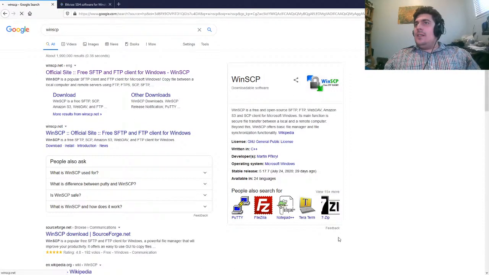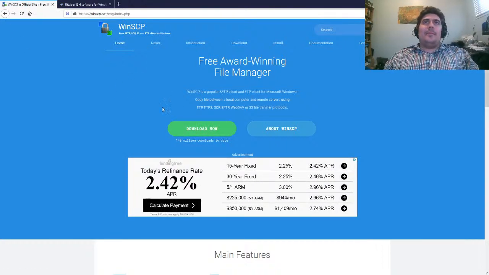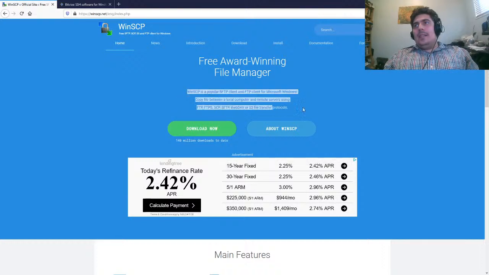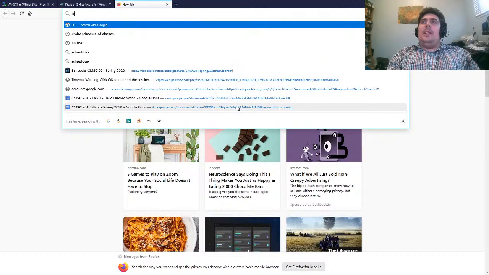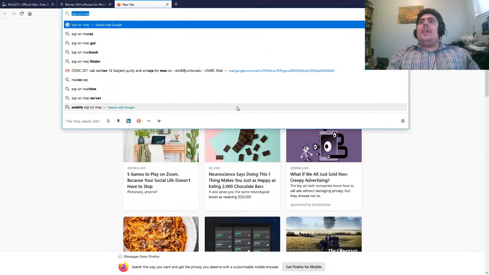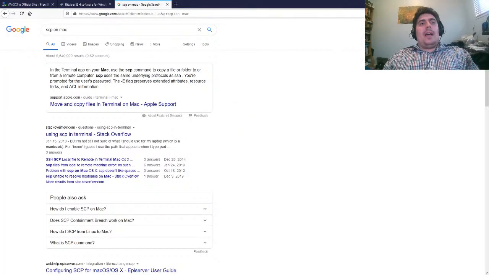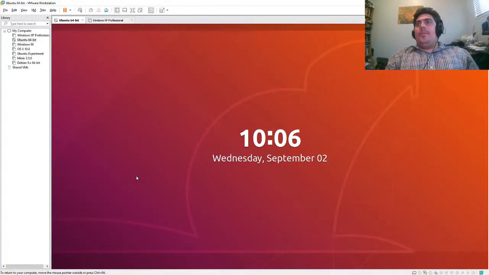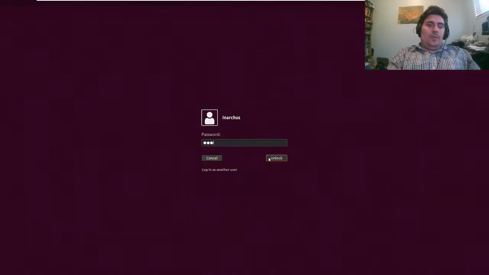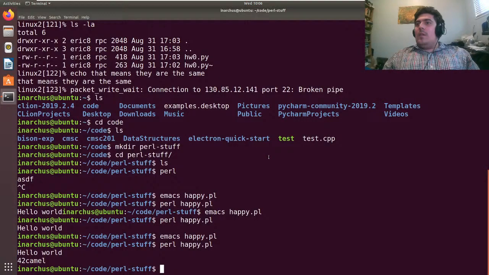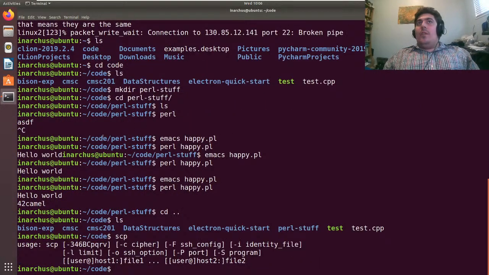So you go to their site. So for Mac, there's a few things to do. So I forget what the SCP is on Mac. But I will say that there is a terminal command. There is on Linux and on Mac, you can just do this, you can say, so you can SCP, and so this is,